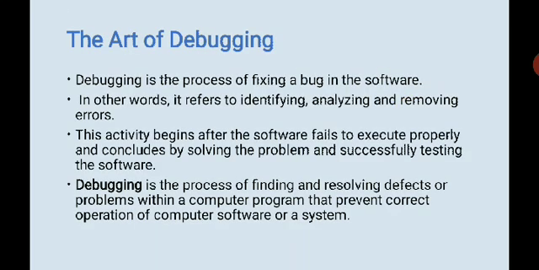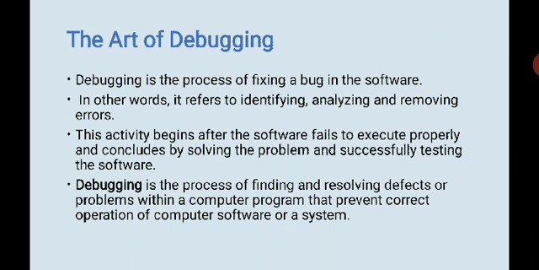The art of debugging. Debugging is the process of fixing a bug in the software. In other words, it refers to identifying, analyzing, and removing errors. A bug is basically an error that has already occurred in the system and you want to remove it. So what is the process? First, you identify what has caused an error, then you analyze why it has caused this error, what mistake it is, and then you try to remove the error, like how it can be removed. So it has three processes: